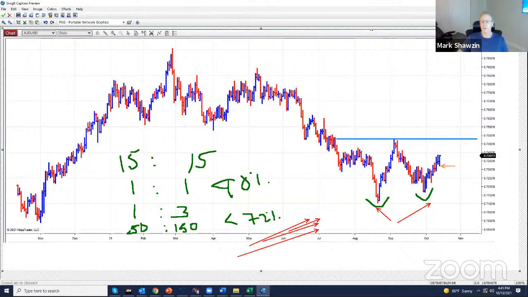So this is the first real test. I mean, I usually get in early. Most technicians would say, wait for the confirmation, wait for it to get through this neckline. I will use this day as a way to get my entry in now. And usually if you're early on the turn, that's where the big money's made. So to my mind, this would be your first level of resistance, this neckline. Usually, you get this kind of behavior. But if this broke through and then pulled back, I would look to start adding to my position.